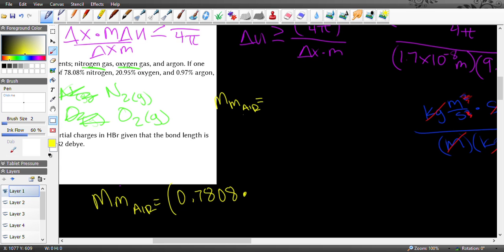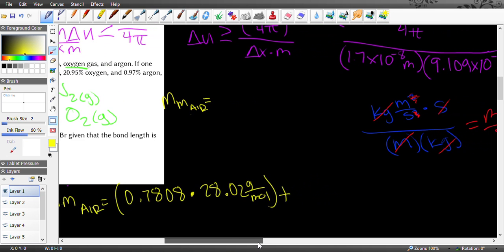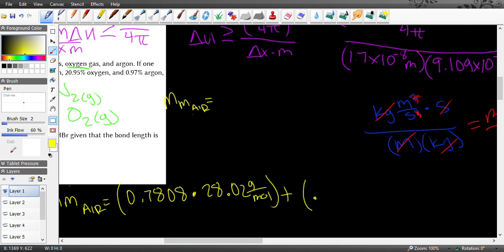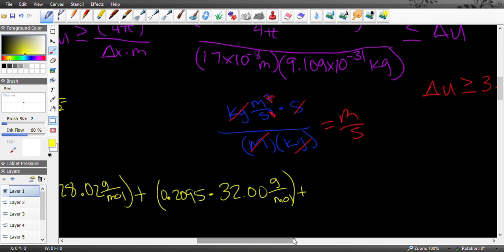So 14 times 2, that's 28.02 grams per mole, plus, that's just nitrogen twice. That's a really rounded number. 0.2095 times oxygen 16, so 32.00 grams per mole, plus argon, which I believe is like 35. But the percentage I give you is